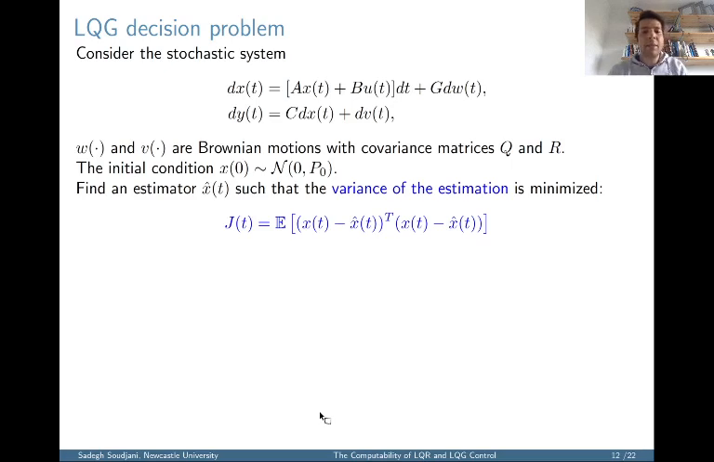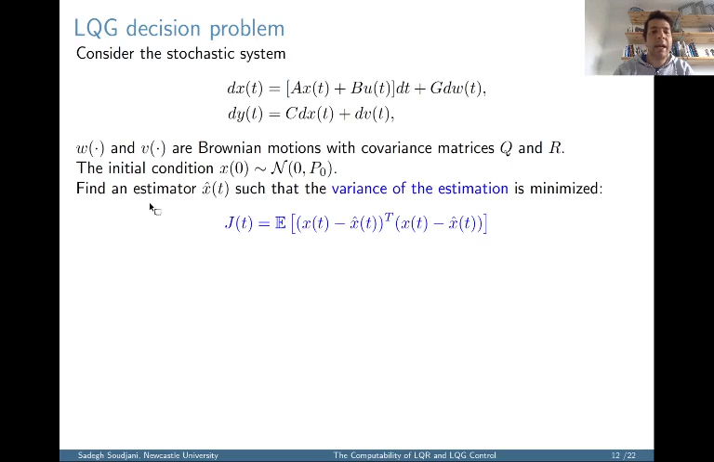The same methodology can be applied to the LQG decision problem. Suppose you have the stochastic system that is affected by Brownian motions. We have a Brownian motion that affects the evolution of the state, and we also have some measurement of the state, which is also affected by another Brownian motion. And the covariance matrices of these Brownian motions are known. The initial condition is also normally distributed with some known covariance matrix, and the